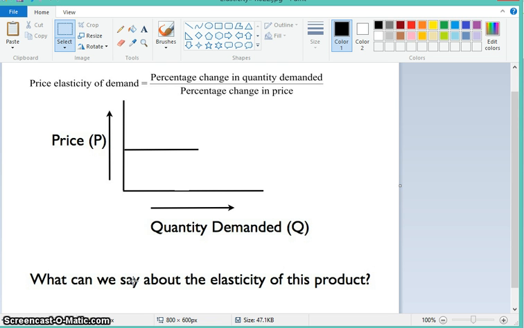Well, hopefully, since you just saw the inelastic one, and I changed it an incredible amount, you may be thinking, well, this has got to be elastic. And when we talked about elastic before, we talked about you get a more mellow demand curve. Well, you can't get any more mellow than this. And you notice this looks like the demand curve in perfect competition. Well, that's because that's kind of how the demand curve from perfect competition for those firms worked, where